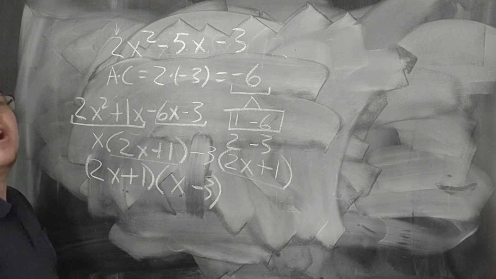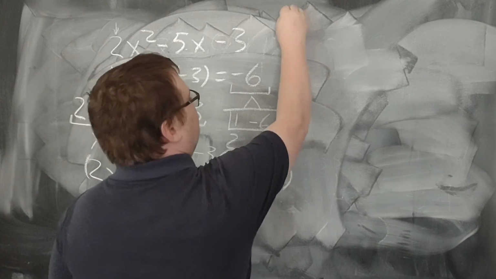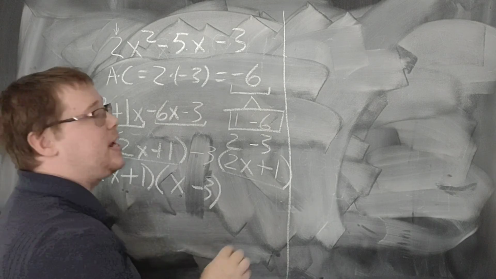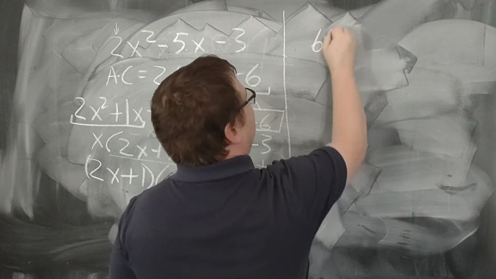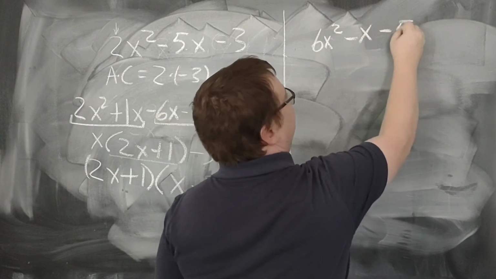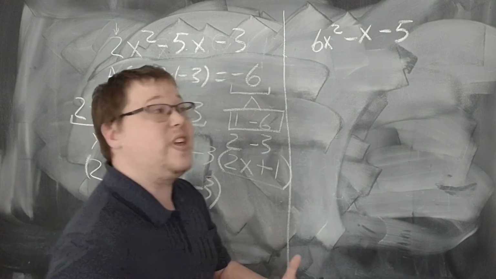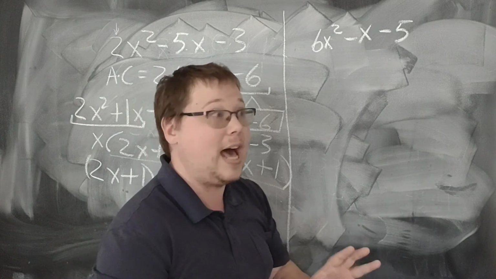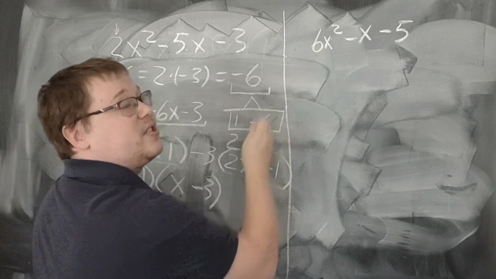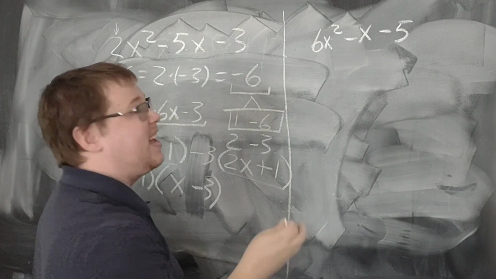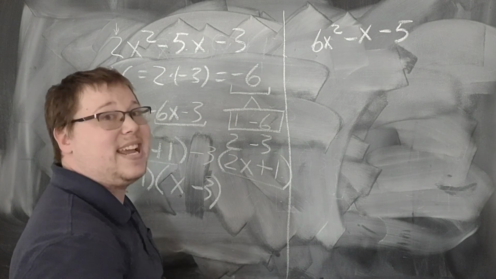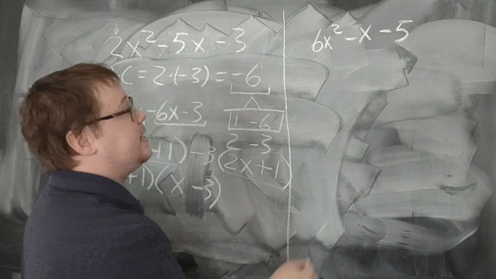So let me try one more problem just to really show how useful it is to use this AC method. Let's say we have 6x squared minus x minus 5. If we were to do this using the double bubble method earlier, we'd have a lot of choices. Because how many options are there for 6? And then how many options are there for 5? There's a lot of choices, and it's going to take us a while. But if you use A times C,